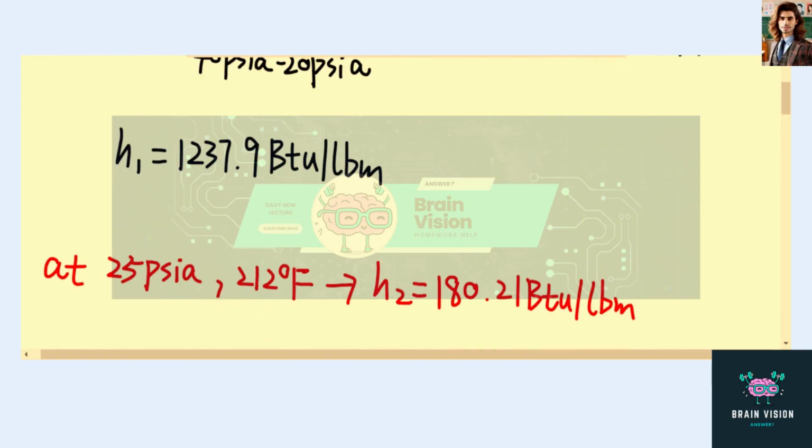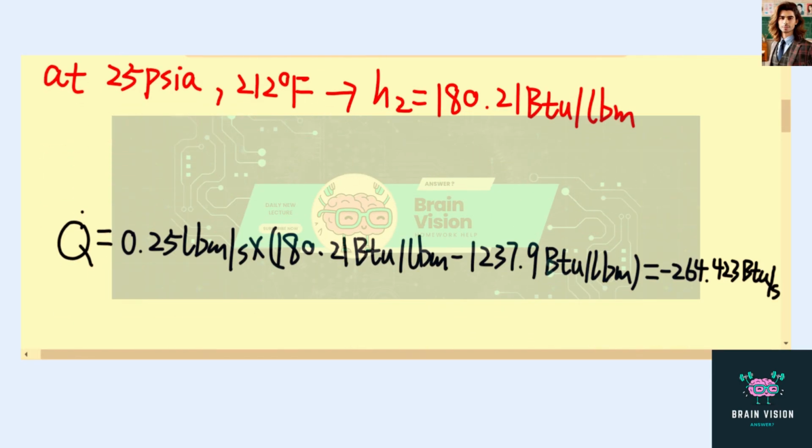And then if we use the superheated water table, so at 25 psia and 212 degrees Fahrenheit, we have the final enthalpy for the steam is 180.21 British thermal units per pound mass. So now we can plug back into the equation to determine the rate of heat transfer in the steam, which is equal to negative 264.423 British thermal units per second. Okay, which means that the rate of heat transfer in the steam is actually transfer out of the steam since it's negative. Okay, which means that it's losing amount of heat, which is